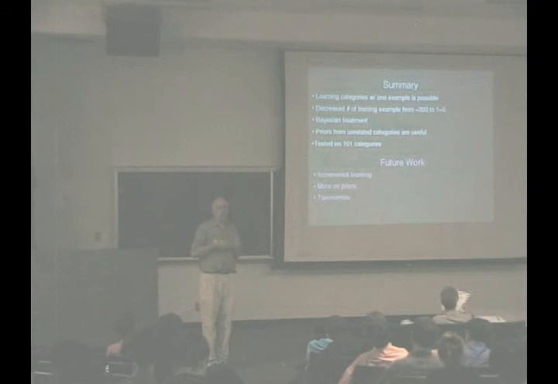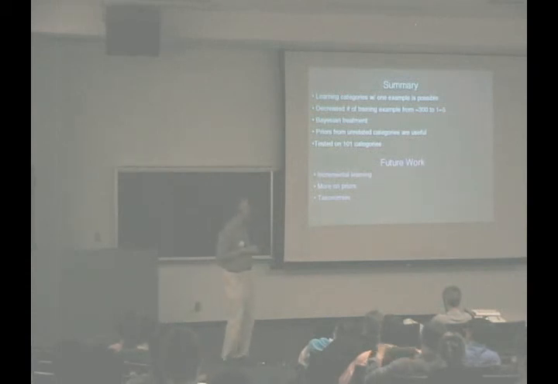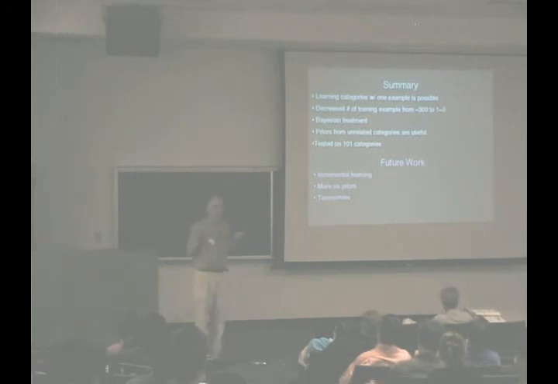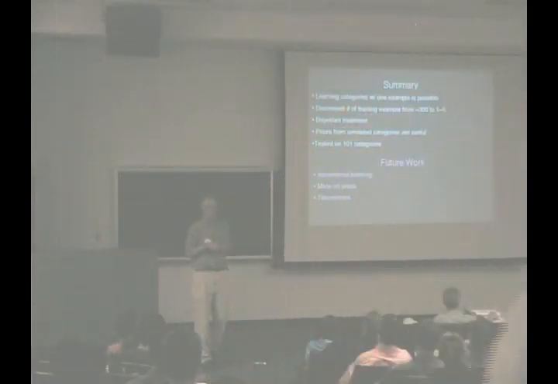Fourth, it seems to be robust over a large number of categories. At 100 categories, we're far from the 10,000 or 30,000 Earth would want us to work with, but at the same time, we don't see any significant pathology in those categories we use. So it seems to be reasonable. It is clear that there is an enormous amount of work to be done. How do we build priors in a proper way? Suppose we had lots of categories that we learned well, how would we combine them into a prior? More work needs to be done on how to